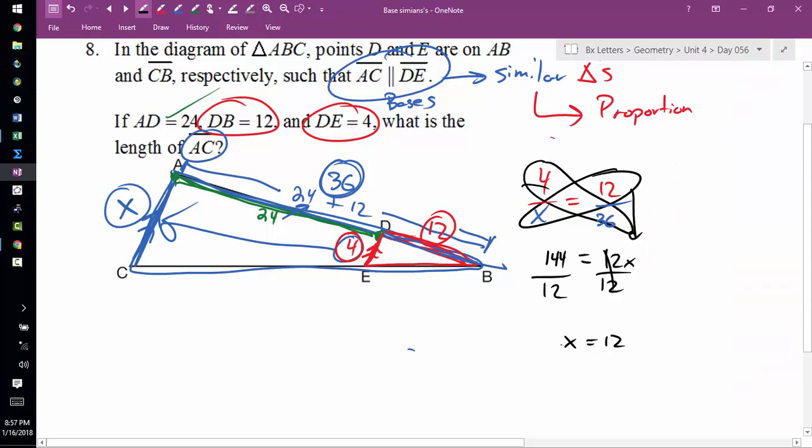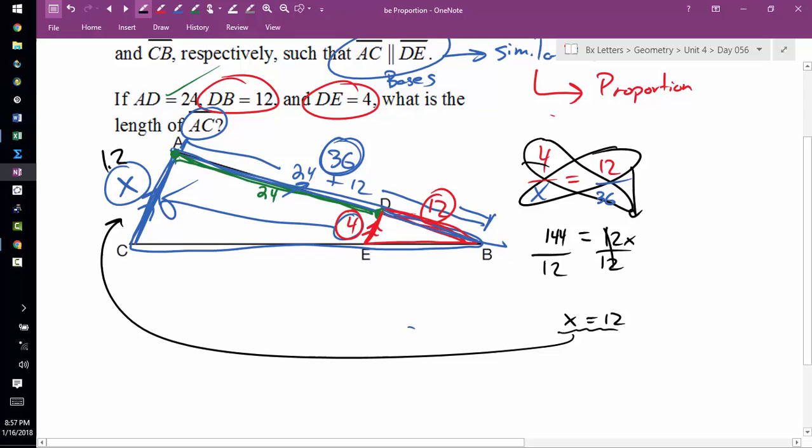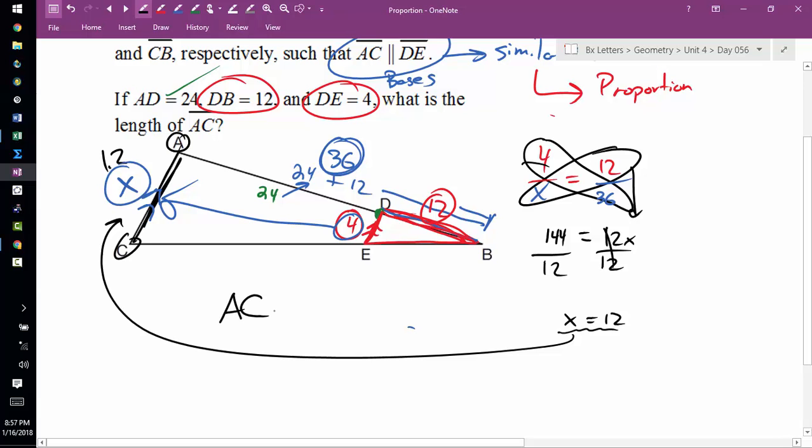X equals 12. And whenever you get that x equals, you want to make sure that you actually solved for what they were asking. You know, this is 12, and that is what they're asking for, AC. A to C is in fact 12. So you'll say AC is